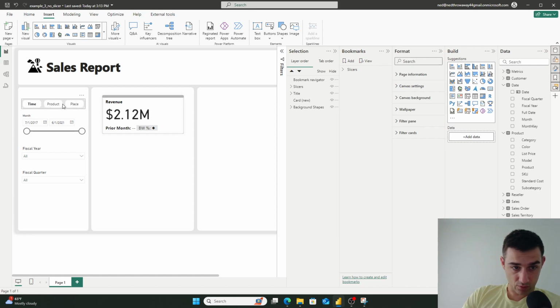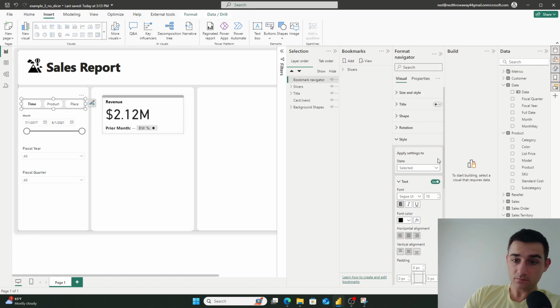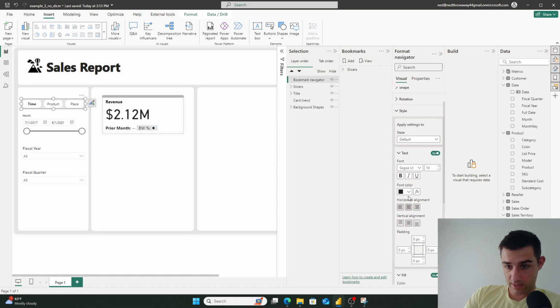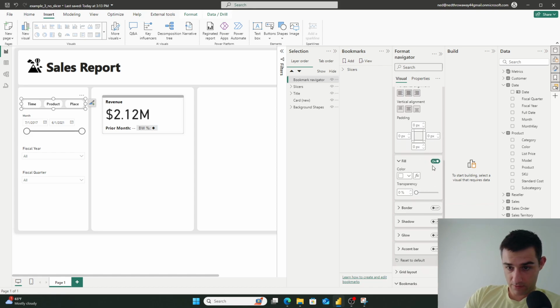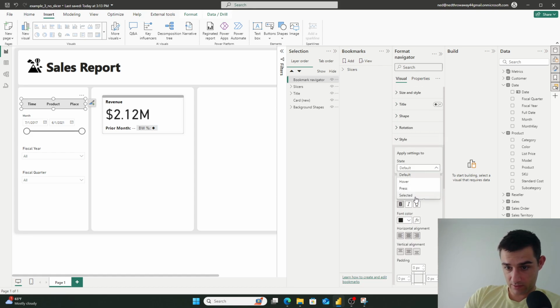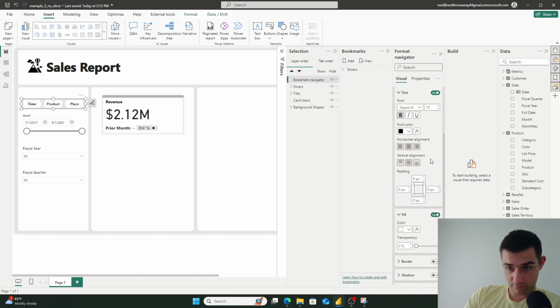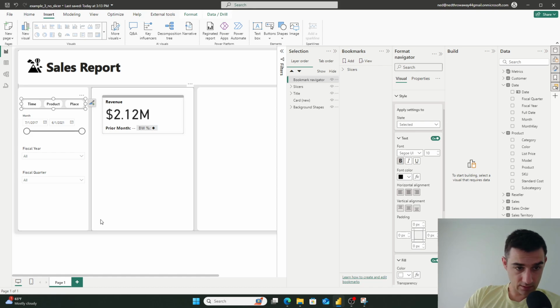But we don't want product and place to have the same. So let's go ahead and fix that. Let's select here and change default first. Now we're going to change it to a bold instead, and then we're going to turn off fill right here. So now when we have time selected, give me 1 second, selected, we need to turn on fill. So we'll turn on fill right here, selected, and then,